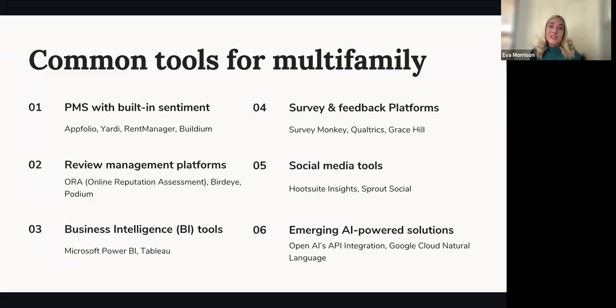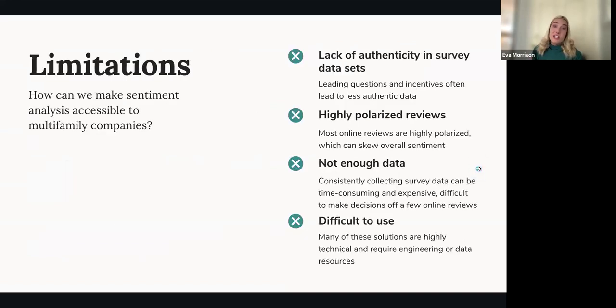Often, being channel-specific is limiting, and some of them require data resources on hand and slightly more technical folks. So finding the right tool for your business can be a little complex. As we've worked with folks over time and dug into this, we've found there are some limitations around the existing solutions in the market. We're really passionate about making sentiment analysis as accessible as possible to your teams so that they can take these insights, incorporate them into their day-to-day, and see a meaningful impact on all of your key business metrics.